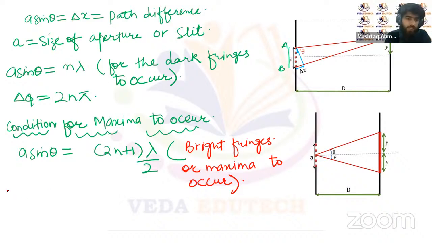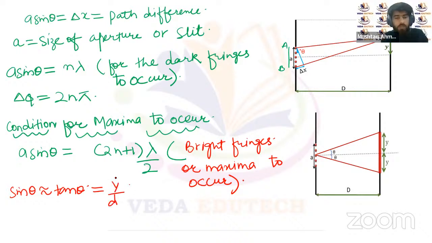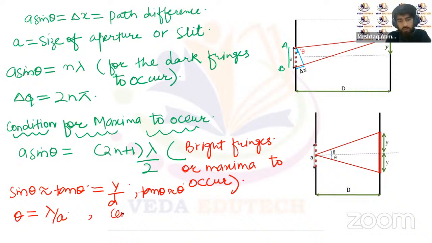And we know that sin theta can be treated as approximately equal to tan theta here. In this way, we can write tan theta equal to y upon d. If theta is very small, then tan theta will be equal to theta, the angular separation theta here. That will be equal to lambda upon a. And for the central bright,